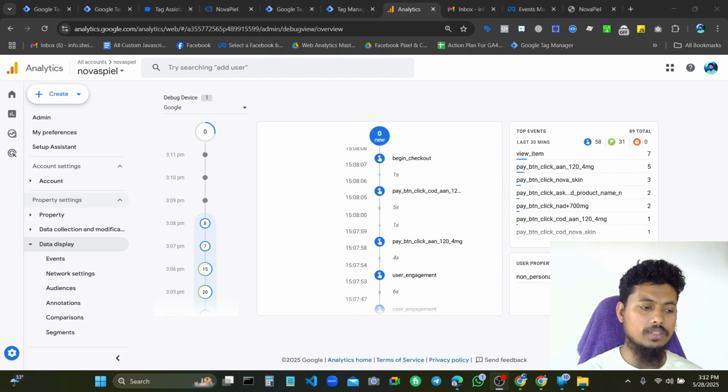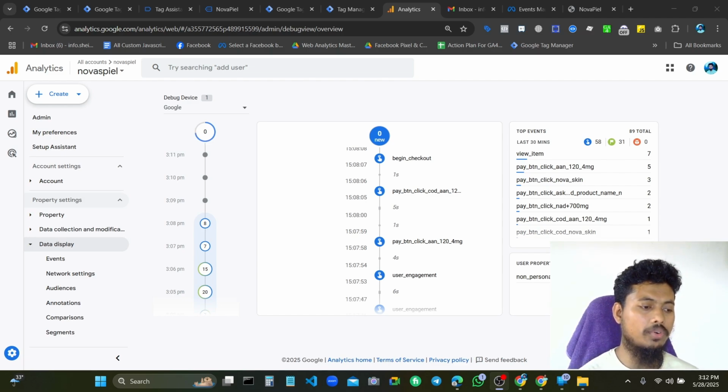The client wants to track user actions, whether a user clicks on COD or PayPal checkout or GPay checkout, and these events will be shown in GA4 or even Facebook Events Manager.